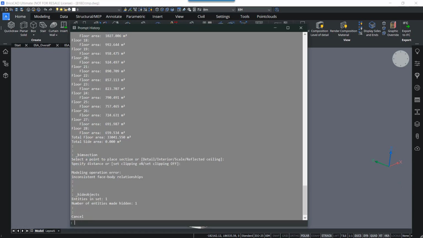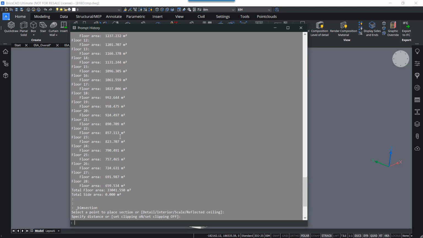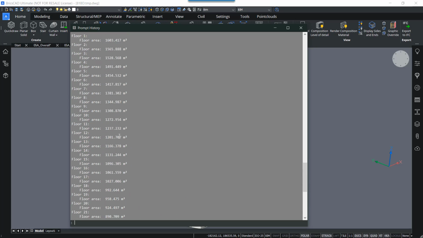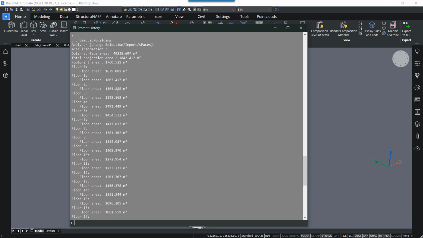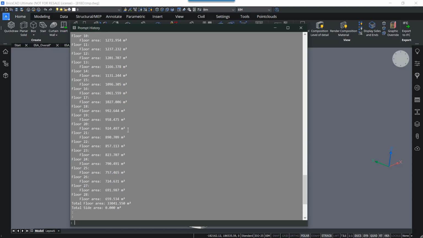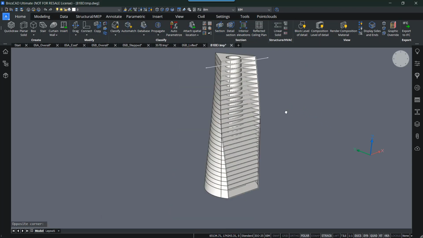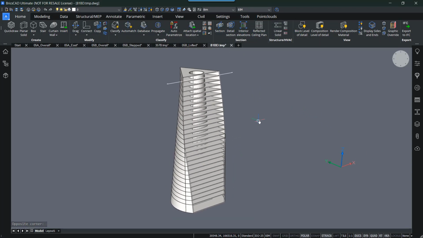If I open up the command line, you can also see the different floor areas per floor, as well as the total floor area information. So like this, you can quickly check and compare your volume studies with QuickDraw. Of course, after QuickDraw, you can still use direct modeling tools to, for example, edit some parts of the building.